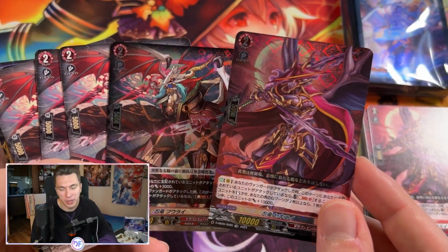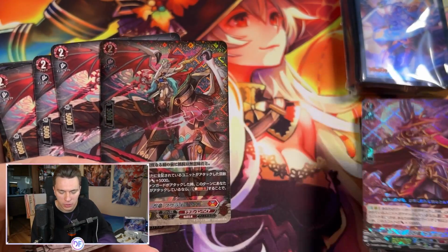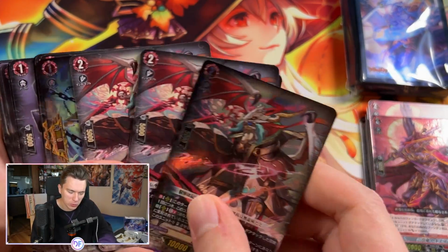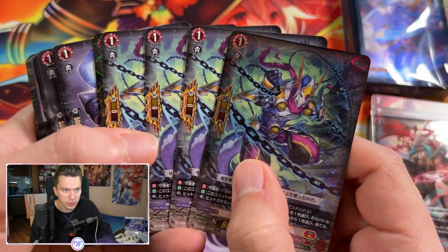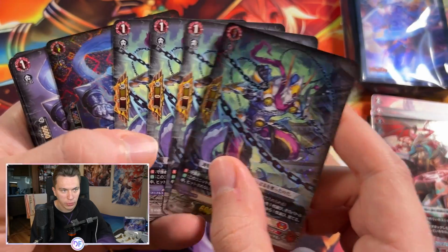There's also Variant Espriel idea, which is another restanding rearguard you can use in this deck. But basically getting 7 attacks is pretty good. That's what makes this deck quite strong. Then we have the Perfect Guard. So this is the effect Perfect Guards, and we do have 4 copies with 1 triple and 3 of the